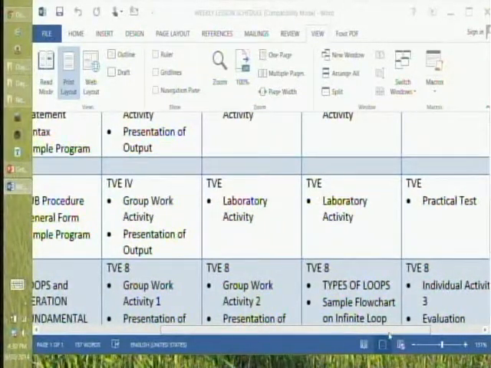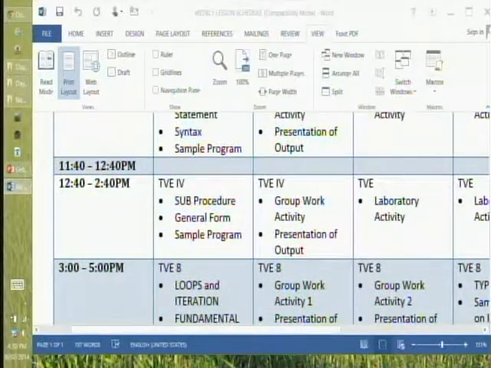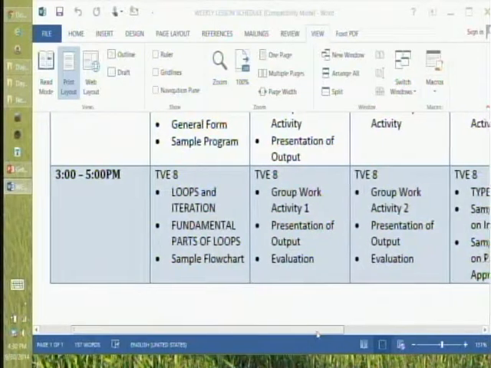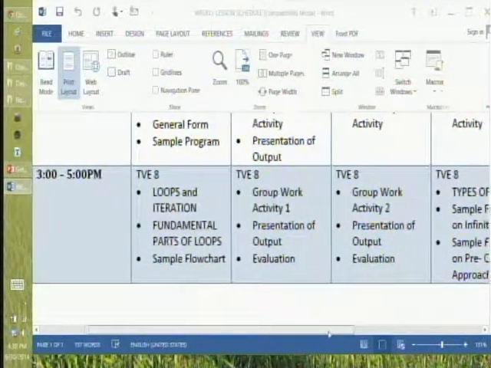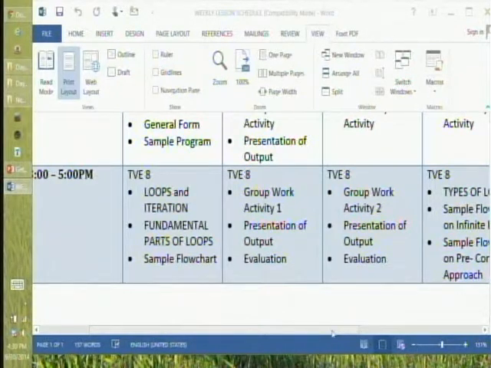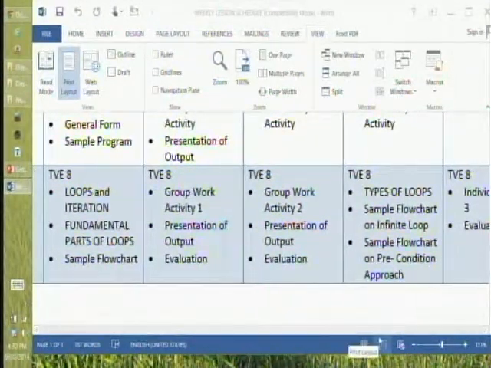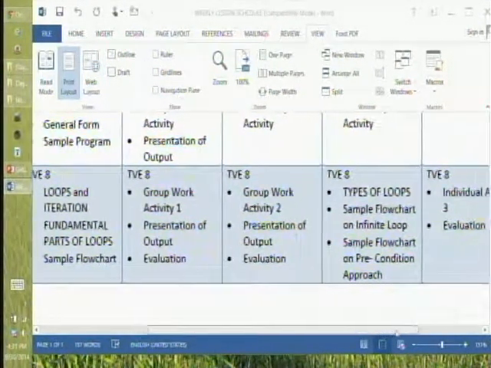So the last period from 3 to 5 is the grade 8, which is second year. This is more on flow charting, the fundamentals. So the same pattern: there will be a classroom discussion, then the fundamentals. The topic is loops and iteration and sample flow chart, and there will be group activities and evaluation along the way until